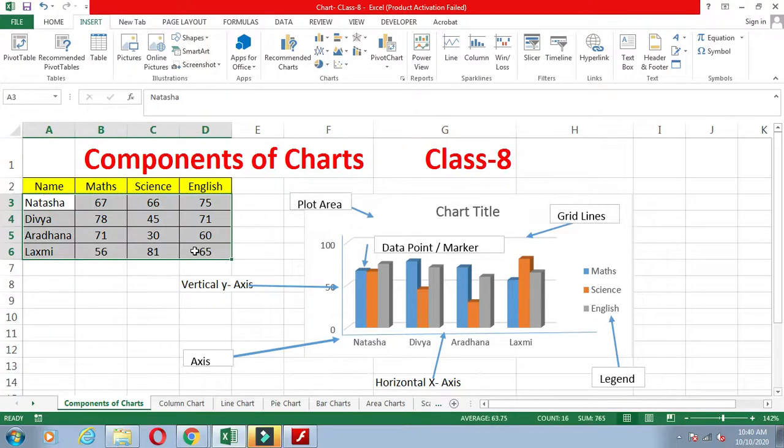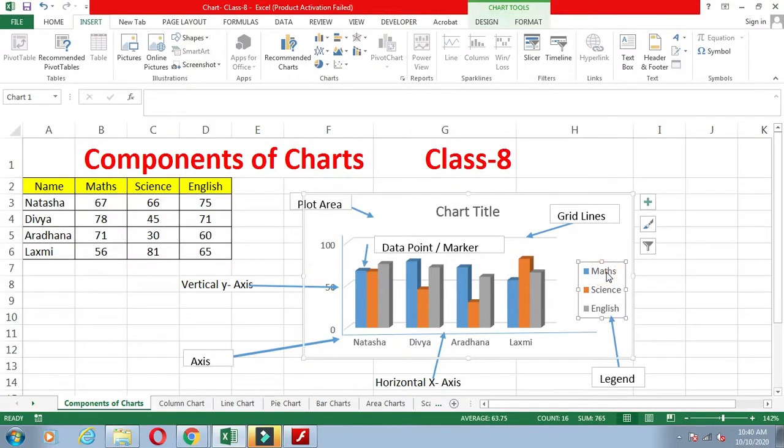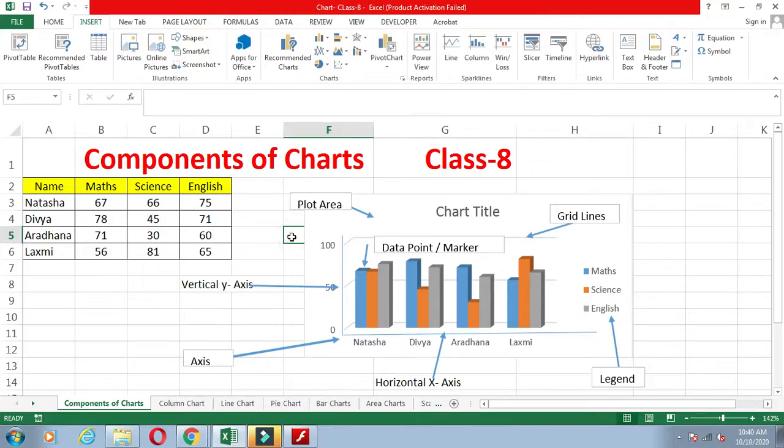Now how are these components working? They are directly placed. If we select this series and apply any chart, they automatically come, and this legend also comes here automatically. If we want to change the color of this legend, or their size, we can manage that.